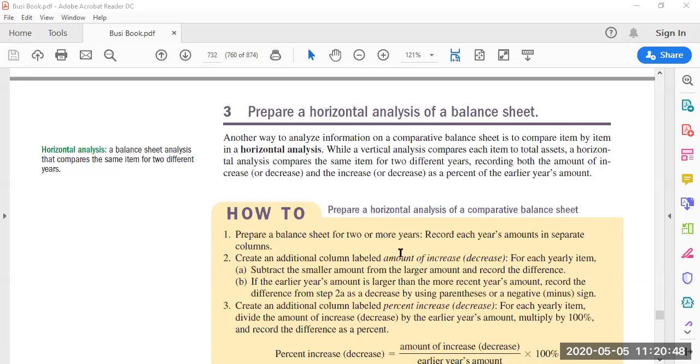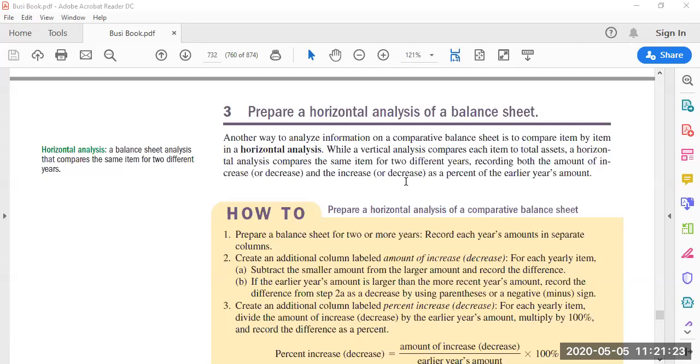Okay, what does that mean? A vertical analysis compares each item to total assets. Okay? A horizontal analysis compares the same item for two different years, recording both the amount of increase or decrease and the increase or decrease as a percent of the earlier year's amount. So the earlier year becomes your base year that you compare your current year with, and then you take the